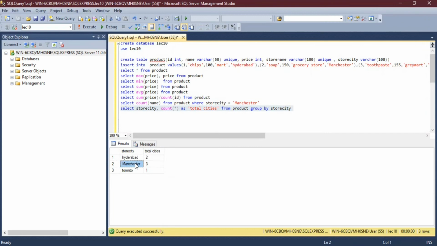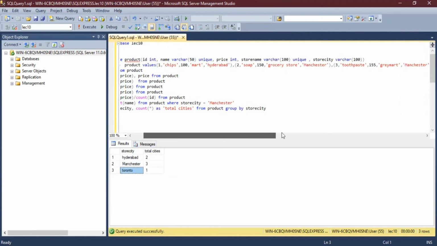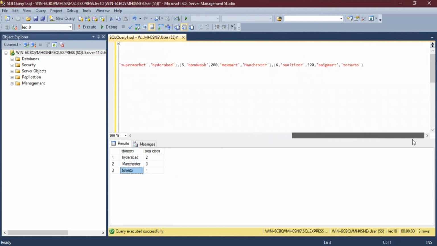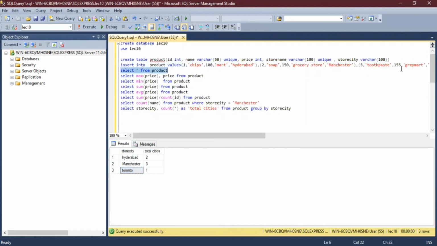Manchester city has a grocery store and another 2 grocery stores and their products. So we have 3 total, and we have Toronto only one time. In this you can see we have this one, Toronto. This is only one. Okay, so that is how you can use the group by clause,